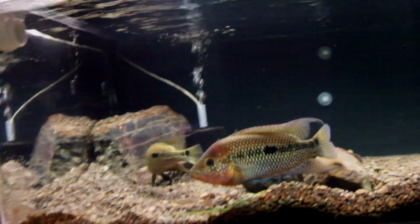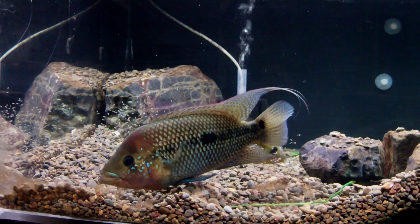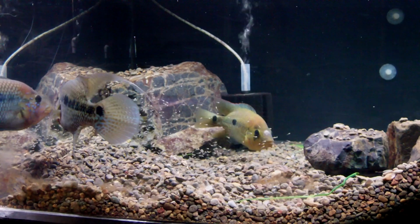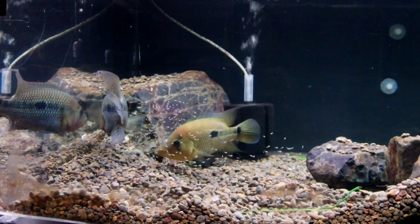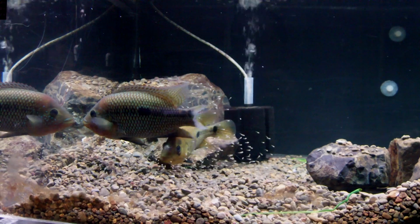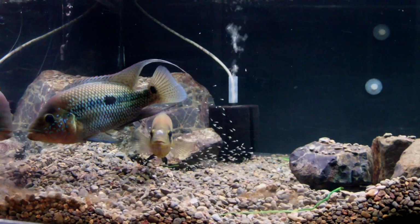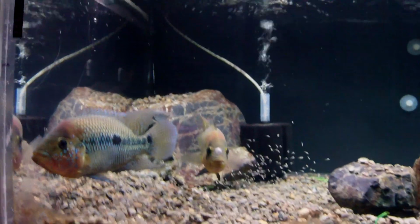I just wanted to share my Rio Mags with their beautiful cloud of free swimming fry. This, guys, is the most rewarding, the most amazing, the most fantastic part of the hobby in terms of keeping Central and South American cichlids, or cichlids that are parental. I know a lot of fish breed, but in terms of actual parental care, these big fish are just absolutely